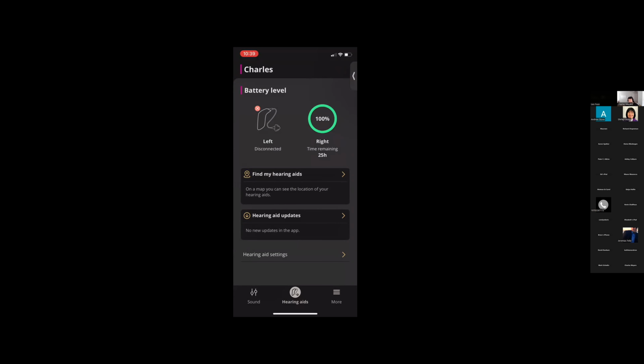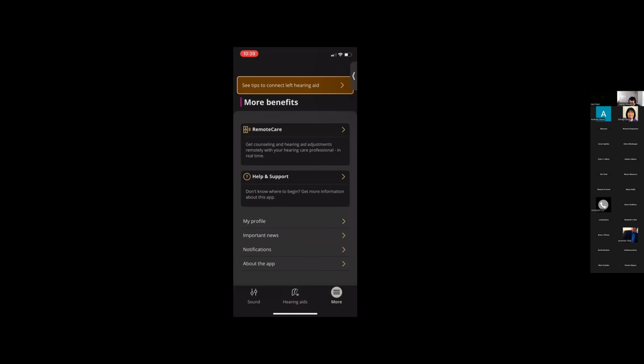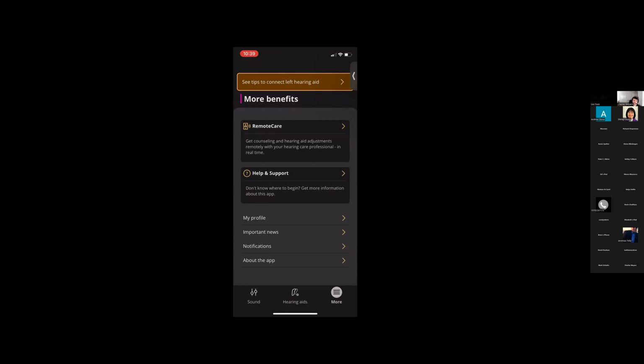Okay, so now we're going to get to the last piece, which is the More tab. The More tab has 3 horizontal bars in a circle, and then it says More. It's on the bottom right-hand corner, and it essentially offers more benefits that you can get around your hearing aid. It has a remote care option and a help and support option. I don't really interact with this page very much, and I've never used the remote care. I can't imagine that it's bad, but